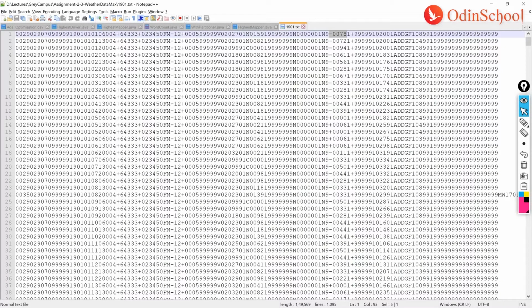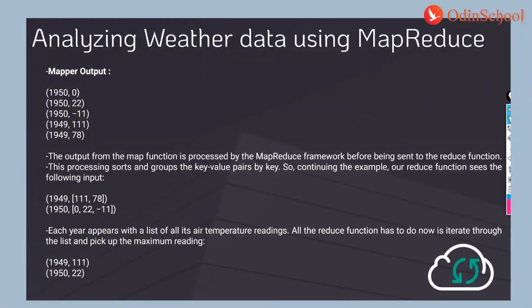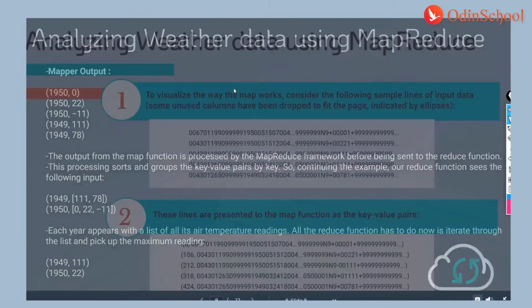So we will filter out all these other things. And when we see the program, we will see there is a flag which tells you whether the data is bad data or good data. So we will filter out the bad records as well. So here in this particular example, if you see,